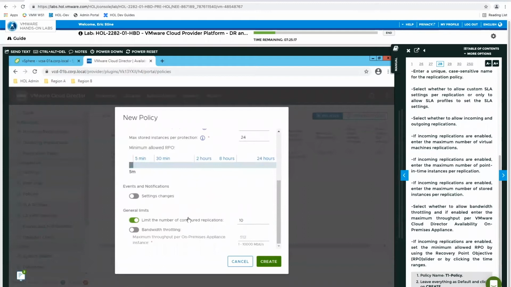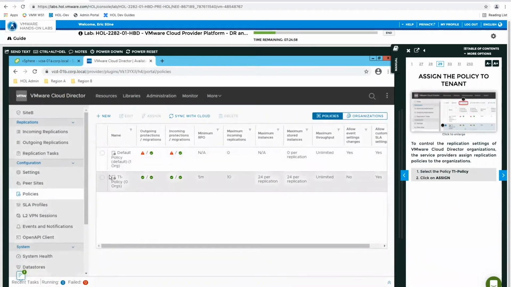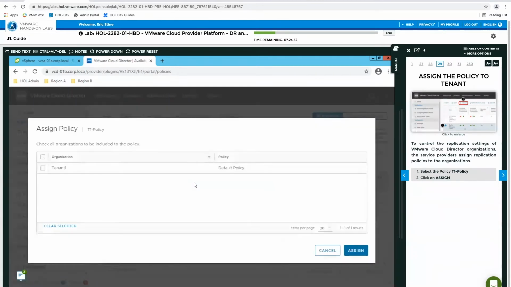And then we're going to leave it at default, but if on your own time, feel free to come in here and play with the different settings and see what it does. Obviously, bandwidth throttling isn't going to do much for you in this environment, but in real life, you can definitely play with that. All right, so let's create that policy, and then we're going to assign the policy to our